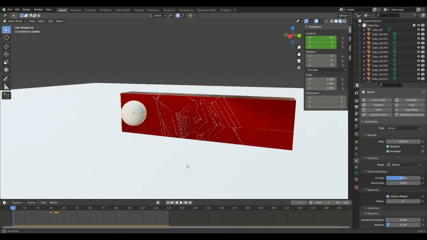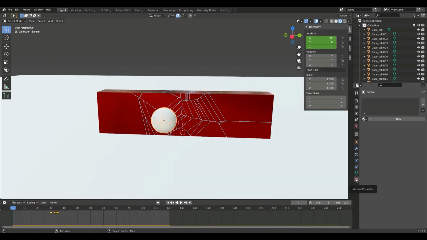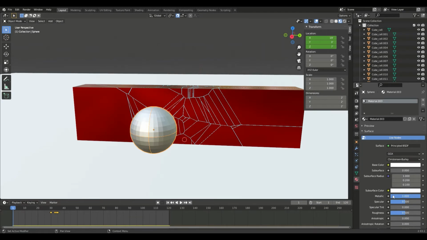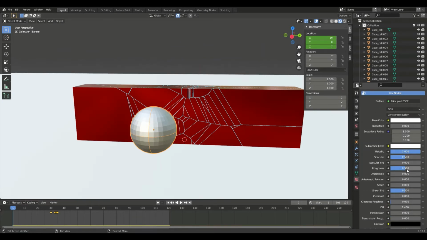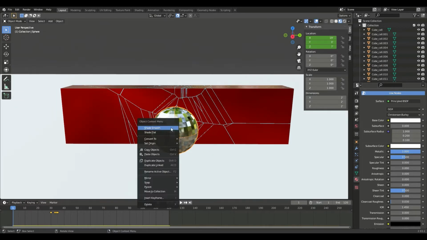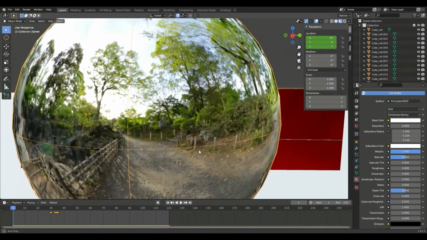And if you want to make the ball a shiny, glossy metal ball, we can go down here to the Materials tab, Material Properties, add a new material, and then turn the metallic all the way up. It's actually pretty good there. And then we're going to go down to the roughness here, and if you want that perfect glossy, perfect reflection, then you're going to turn the roughness basically off. And it looks like a disco ball right now, and we don't want that, so you're going to right click on the object and press Shade Smooth. So now it's a perfect reflection.